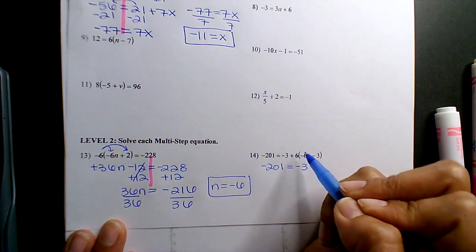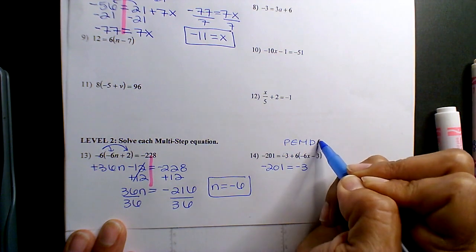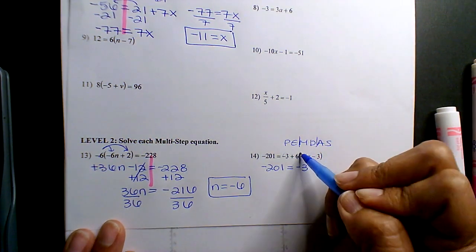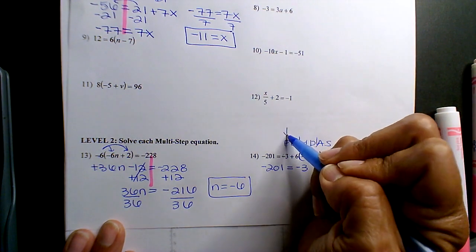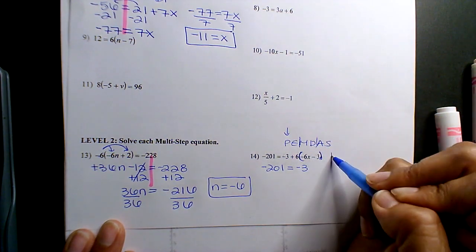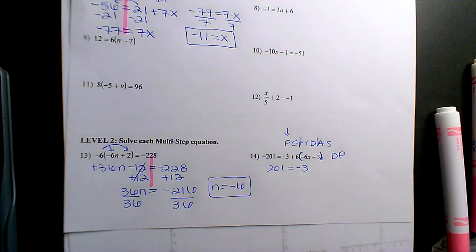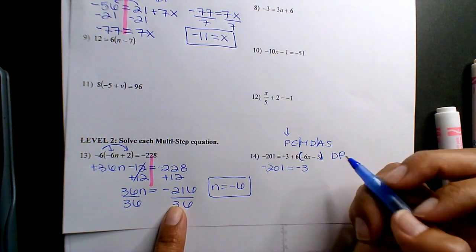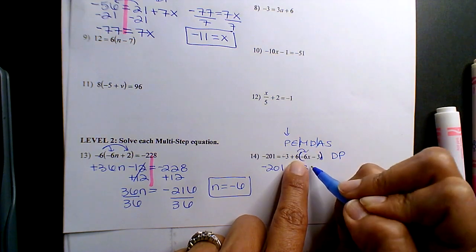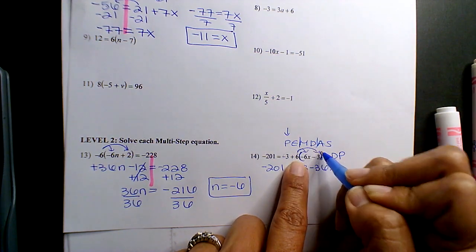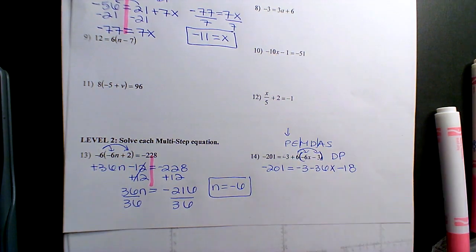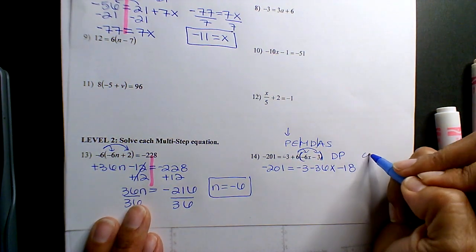You cannot combine these yet. Remember, PEMDAS, order of operations: here you have parentheses. That's right here. And then you have to first distribute or multiply that positive 6 to the two terms. You cannot do the negative 6 plus 6 and get positive 3 and then distribute it. That's not allowed. So you're skipping. Okay, so parentheses first. So negative 3 and then minus 36x. Then minus 18. Okay, now you're going to combine